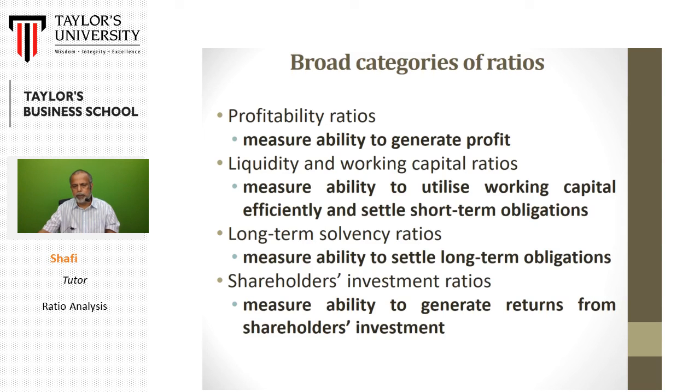So what do this category of ratios measure? They measure the ability of the company to generate returns from the shareholders' investment. As I've explained earlier, this is very important because at the end of the day, this is what the shareholders are very keen to know. How much do they get for every dollar or every ringgit that they invest in the